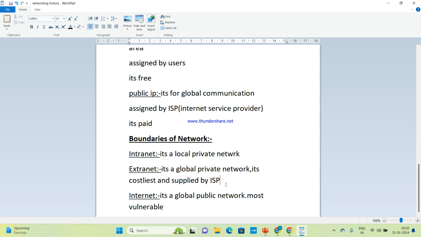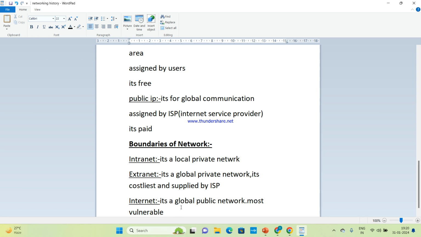And in intranet we use cables, right? Clear? Boundaries of network? So AWS offers a service, that is the VPC service, which is an intranet network, a local private network.